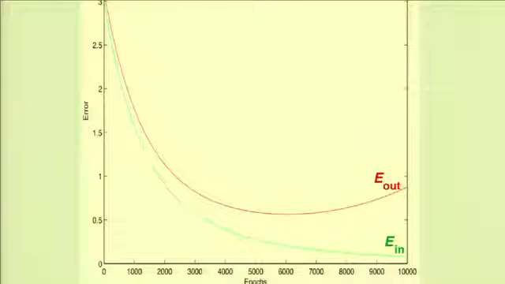So this is estimated by a test set. Now, there are many things you can say about this curve, and one of them is, in the beginning, when you start with a random W star, in spite of the fact that you are using a full neural network, when you evaluate on this point, you have only one hypothesis that does not depend on the data set. This is the random W that you got. So it's not a surprise that E in and E out are about the same value here,